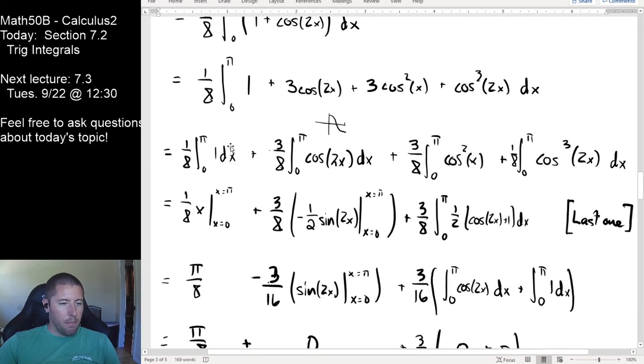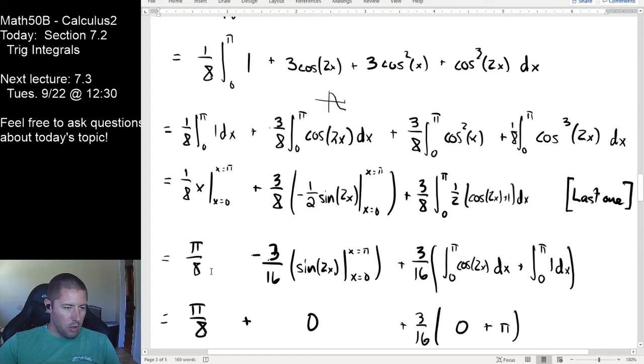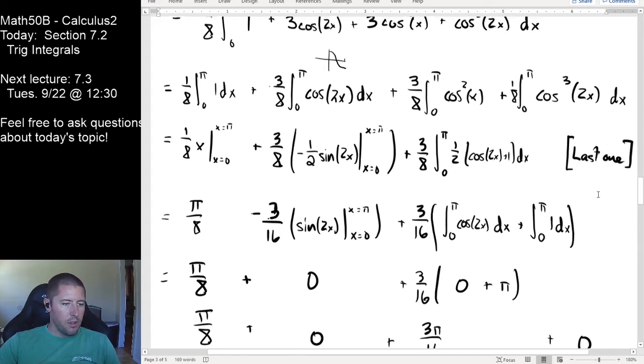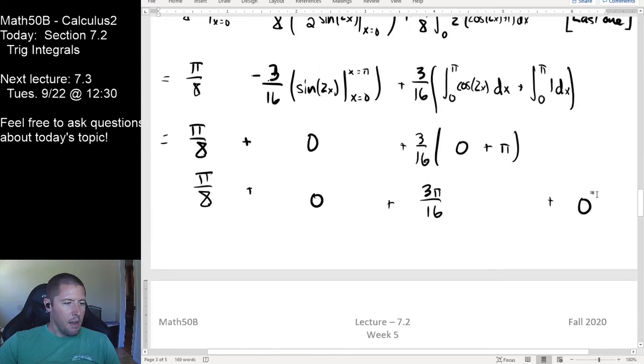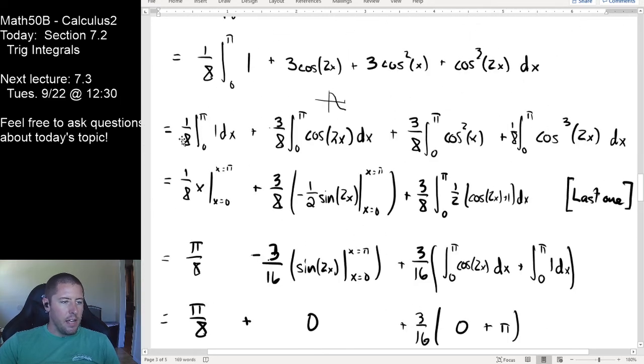Integrating my way through each of these 4 parts. I know there's a lot of work on this page here, but I've sort of got my 3 columns of work here. And then I ran out of work room for the 4th column of work here to get to the end. But there's really 4 different things that happened here, right? This was a direct integral. This was u sub I did in my head. This was me reusing each of the 2 previous,